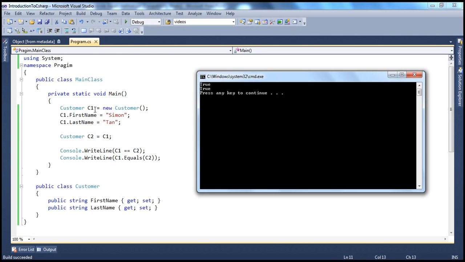Okay, now whether you say C1 dot first name or C2 dot first name, you end up getting Simon. Why? Because both of them are actually pointing to the same object. So when two object reference variables are pointing to the same object, operations on one variable will affect the values contained by another variable. Why? Because they point to the same object. Okay, so the point to keep in mind here is, if two reference variables point to the same object, we